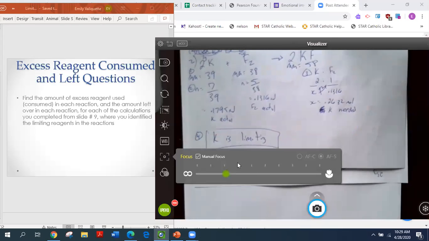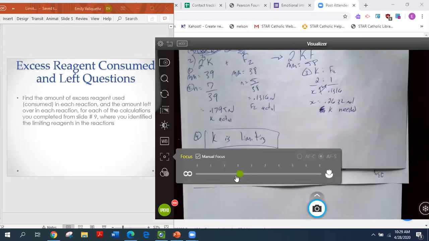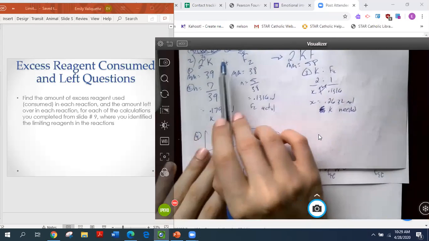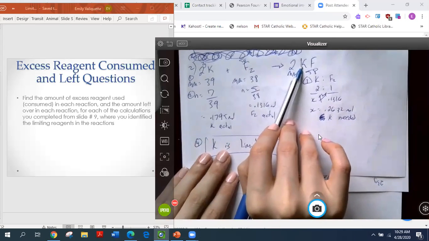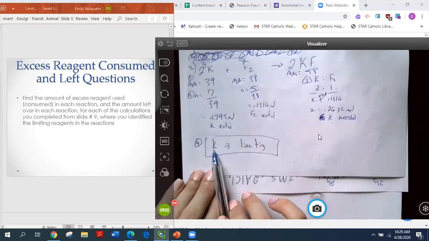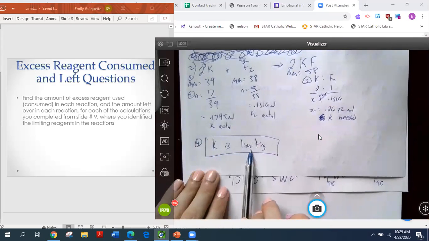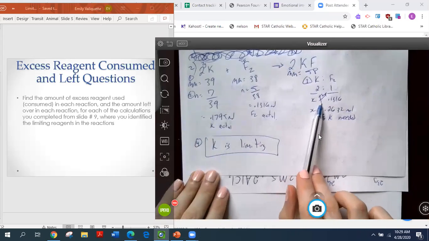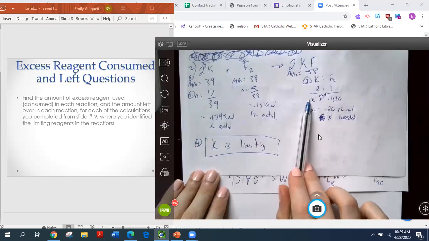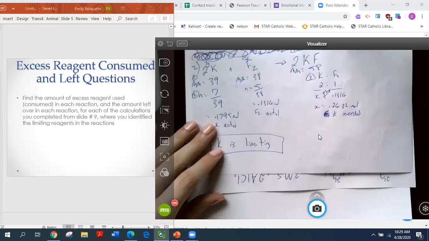And sorry, let me just focus this a little bit better. There we go. Where we had potassium and fluorine reacting in a synthesis reaction. And in this case, we figured out that potassium is limiting. And we did that by solving for the amount of potassium needed. Now, in this case,